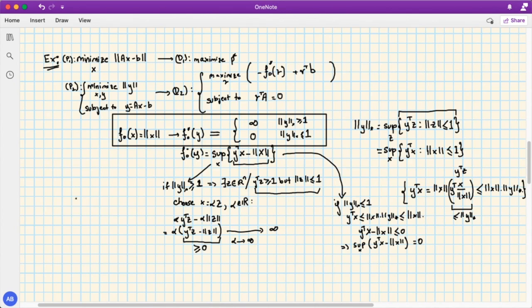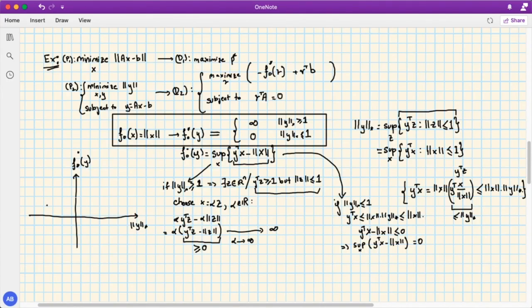So if I were to plot on a simple xy axis, where the x-axis is the dual norm of y and the y-axis is the conjugate function, which I'm interested in,